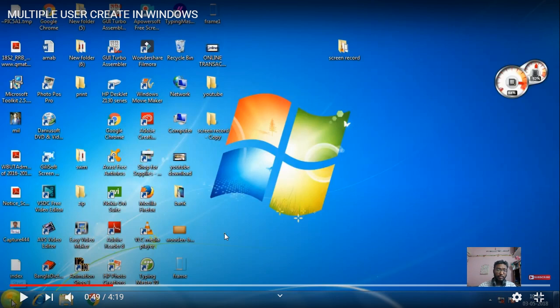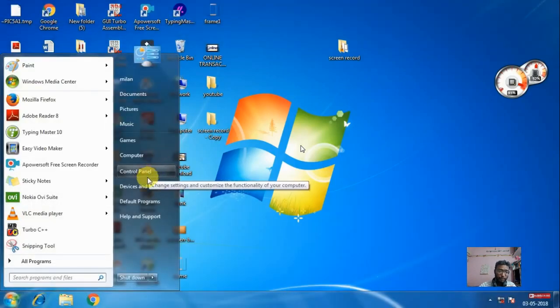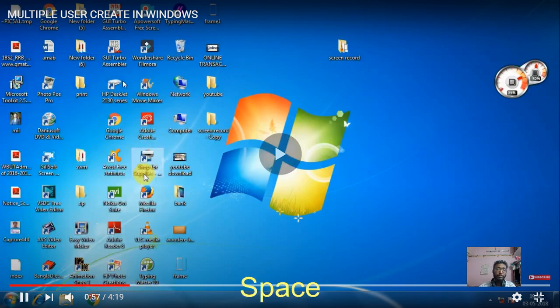Now this is my desktop. Can you see over here Milan is written? That means this is not my computer, this is Milan's computer.